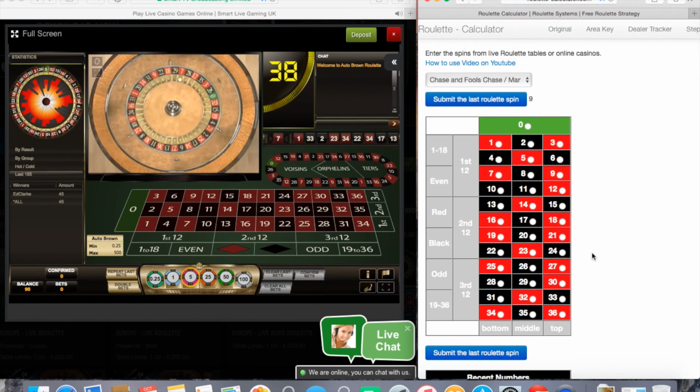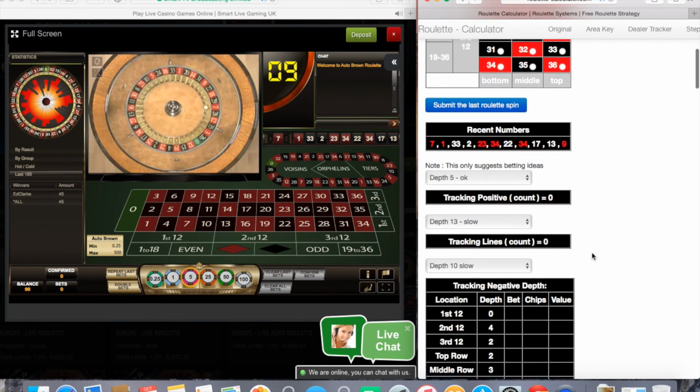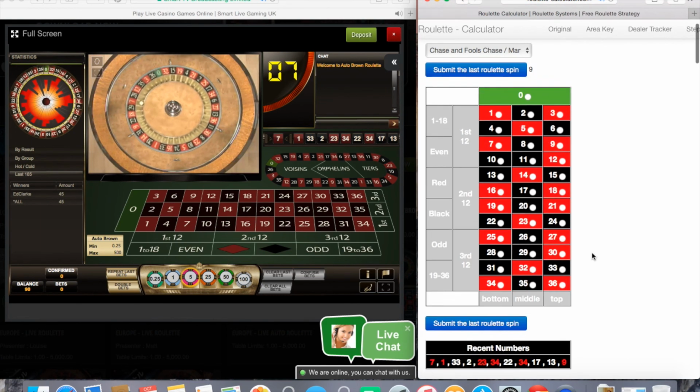The key that I do is, say I deposit £50 into an online casino. What I want to do is get that £50 up to 100, so just to make £50 on the table. Because if you think about it, a lot of people work a whole day, and I've been playing this for around 20 minutes or so. So people work a whole day for £50, and for me, the idea is not to be too greedy at